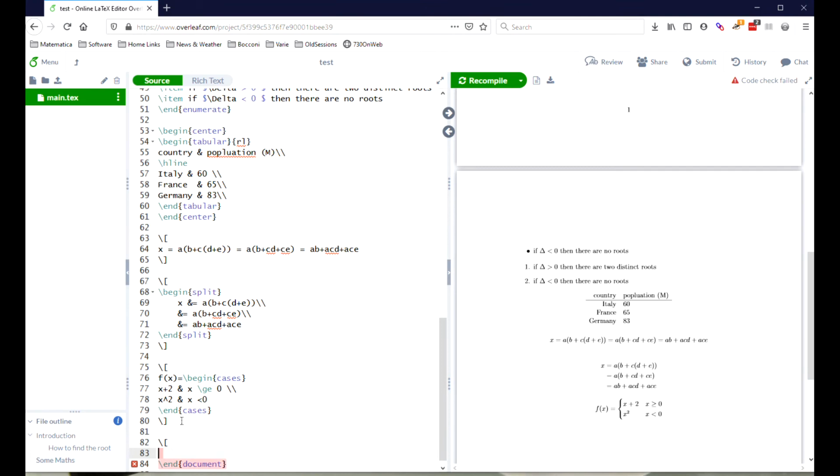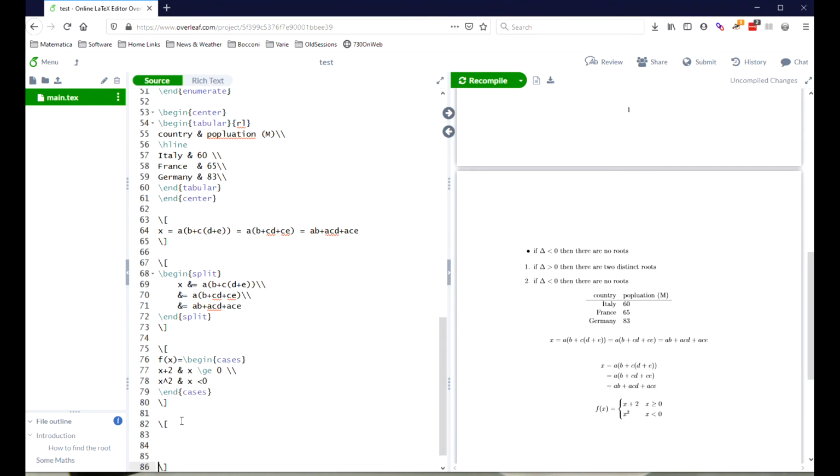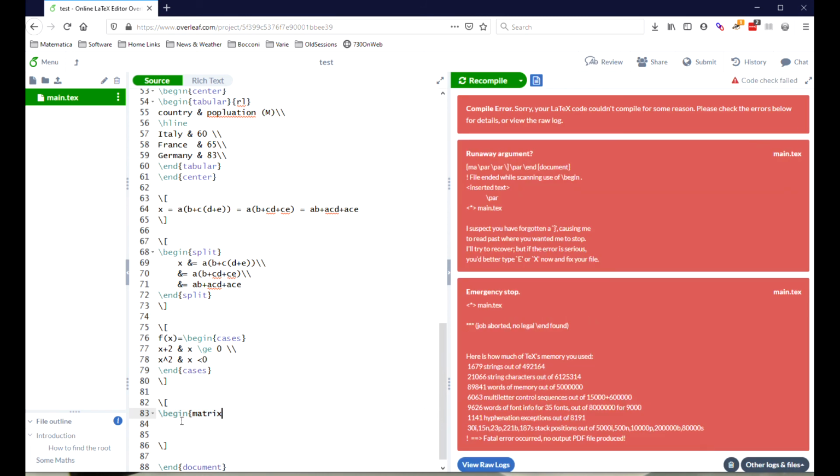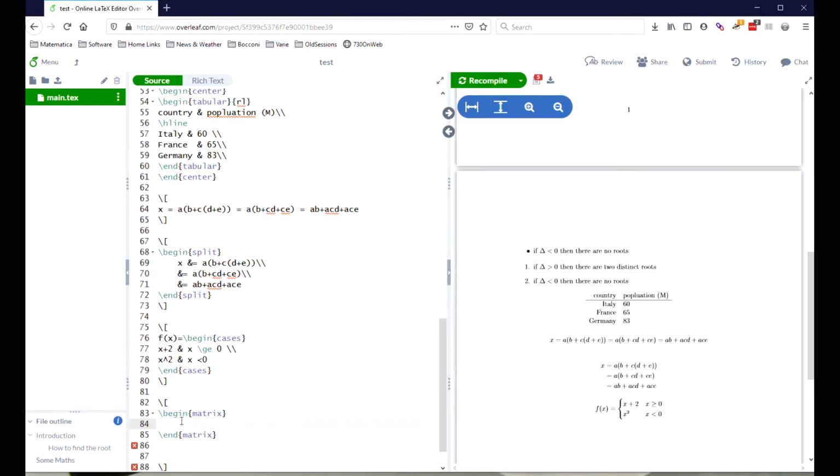So again, we start with an empty displayed math environment, and then we start with begin, and then we have matrix. Now matrix is an environment to organize numbers in a way, and you see that the syntax